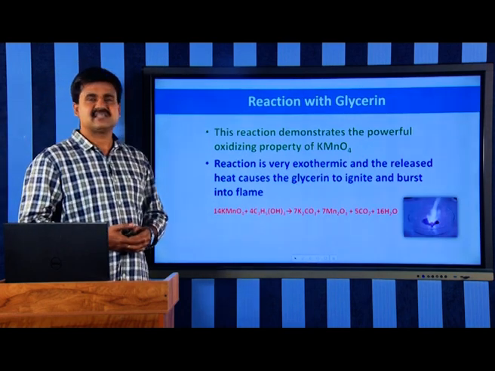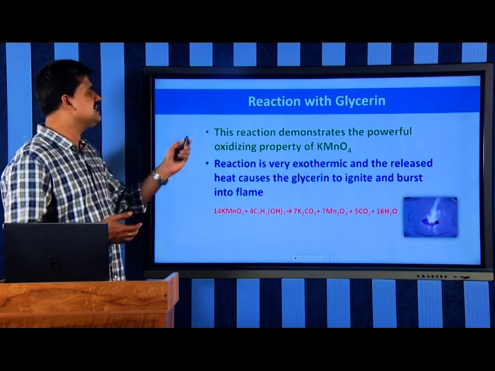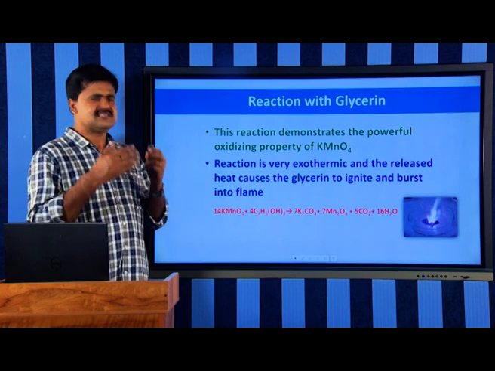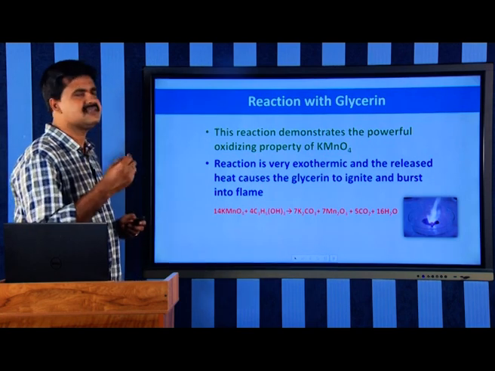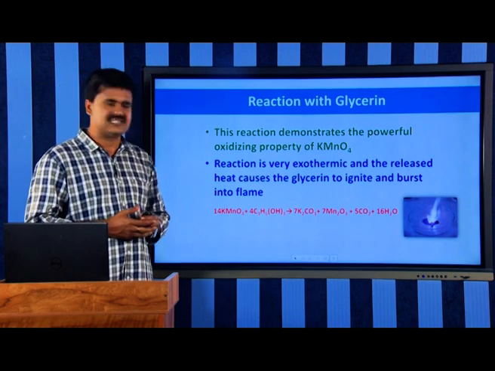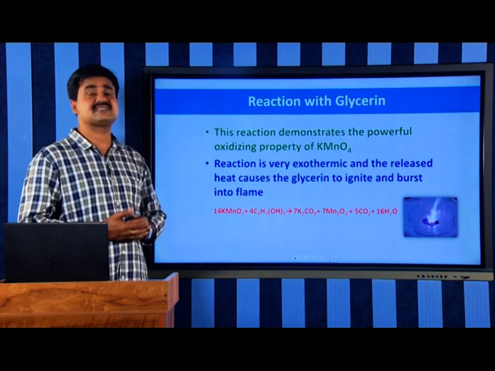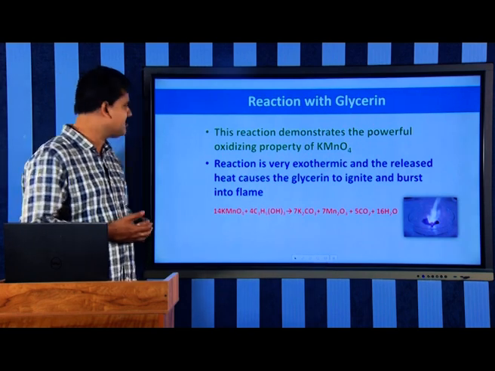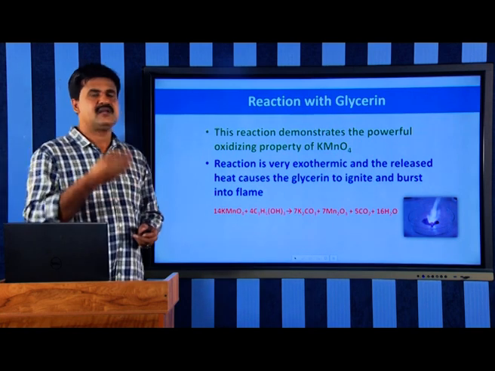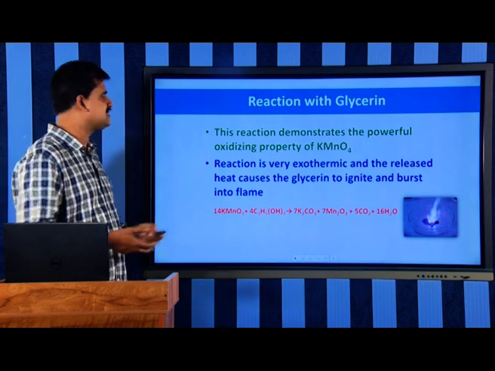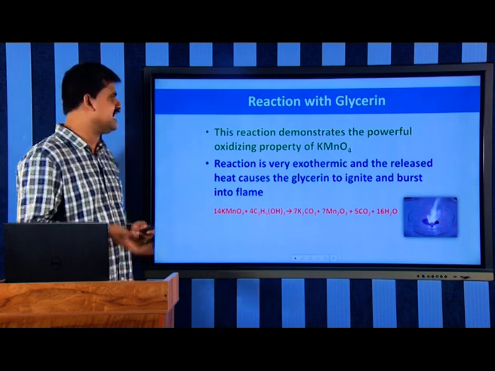Reaction with glycerin. This is a very popular reaction. In this reaction, we mix some quantity of potassium permanganate with a very small quantity of glycerin. The reaction demonstrates the powerful oxidizing property of KMnO4. When these two substances are mixed together, a huge amount of heat is liberated and that causes glycerin to ignite and